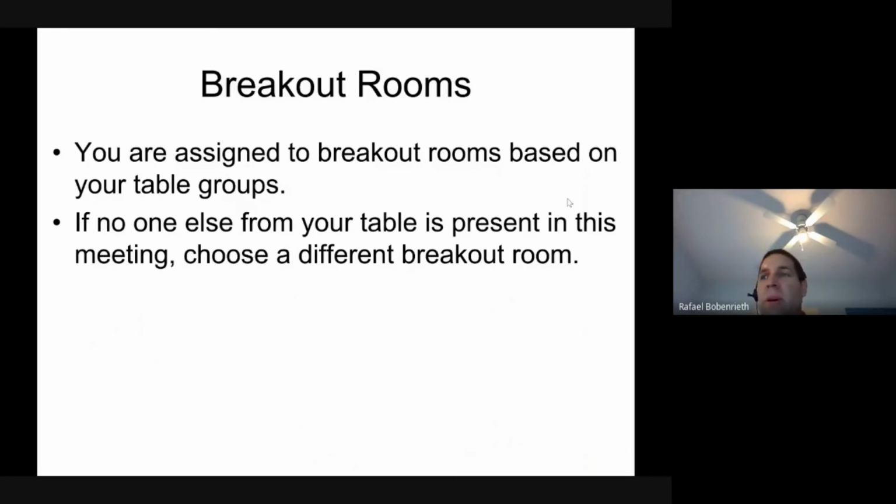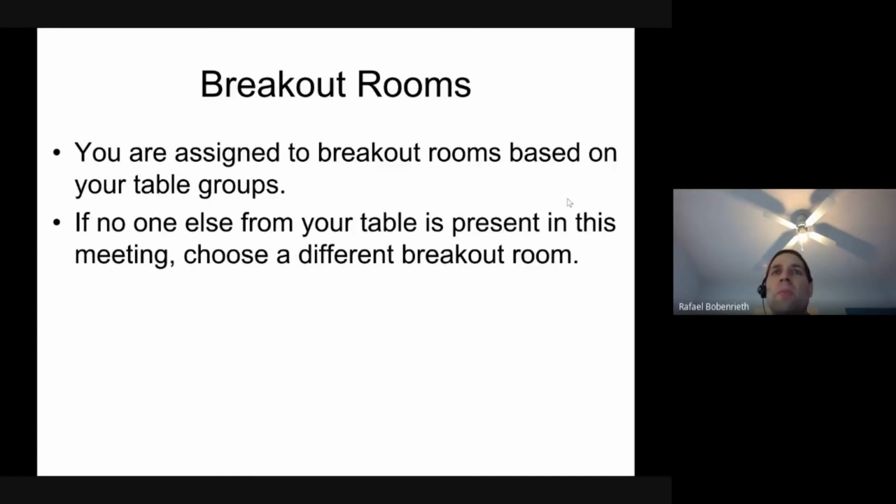Okay, the remaining part of today is going to be anywhere between 15 and 25 minutes. I have assigned you into breakout rooms. These breakout rooms are individual Google Meet sessions, and I've already set them up. When I post the link to the document, you're going to see your name and a link for the breakout room. You're going to go into that breakout room, and there will be anywhere from 2 to maybe 4 other people in that room.